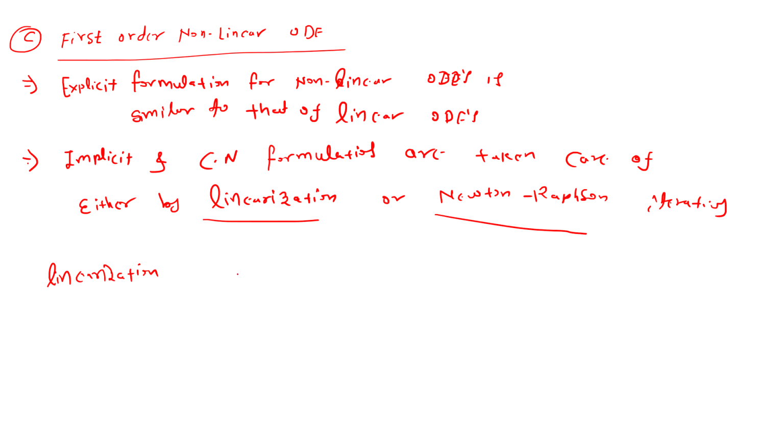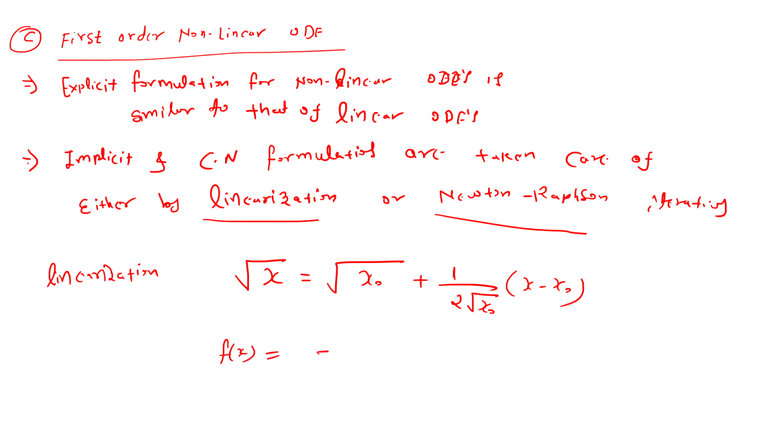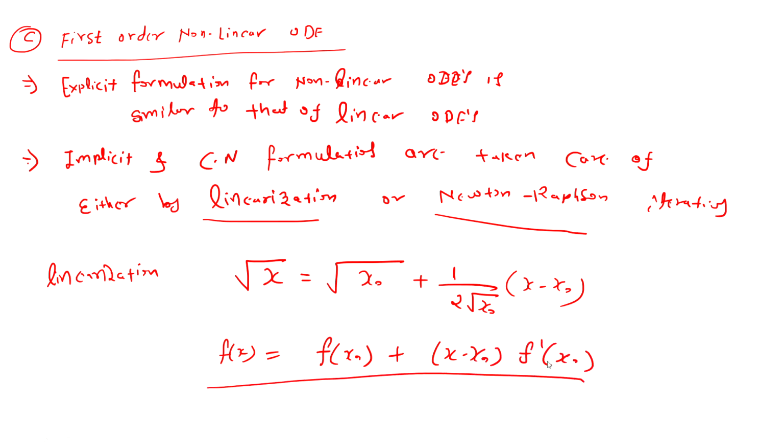Linearization is nothing but, suppose I want to do linearization of root of x, that will be equal to root of x naught plus 1 upon 2 root x naught times x minus x naught. So linearization form of function f of x is nothing but f of x naught plus x minus x naught times f prime x naught. So this is my linearized form. There's no better way than understanding this problem by giving you an example. So I'll start with an example, that is